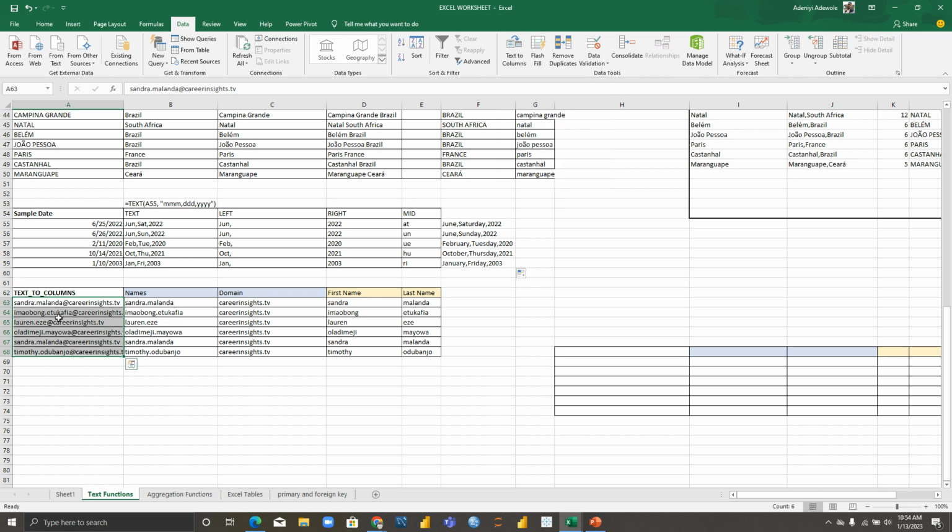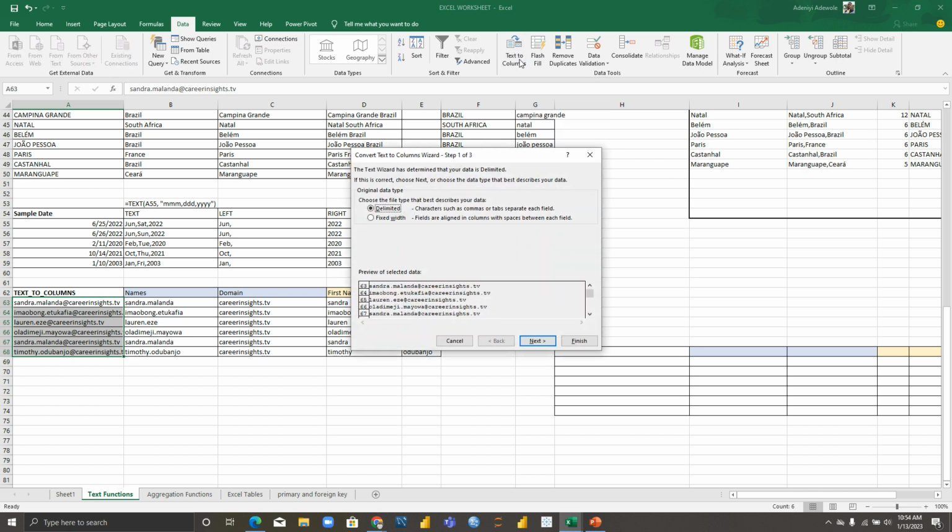Once you highlight it, you go to data, you click on data from your Excel ribbon. Then from data, you go straight to where you have text to column. Once I click on text to column, it's asking me what I want to do: choose the file type that best describes your data. We have delimited, then fixed width. We are working with delimited. It's telling me that characters such as commas or tabs separate each field. Now, if I click on next,